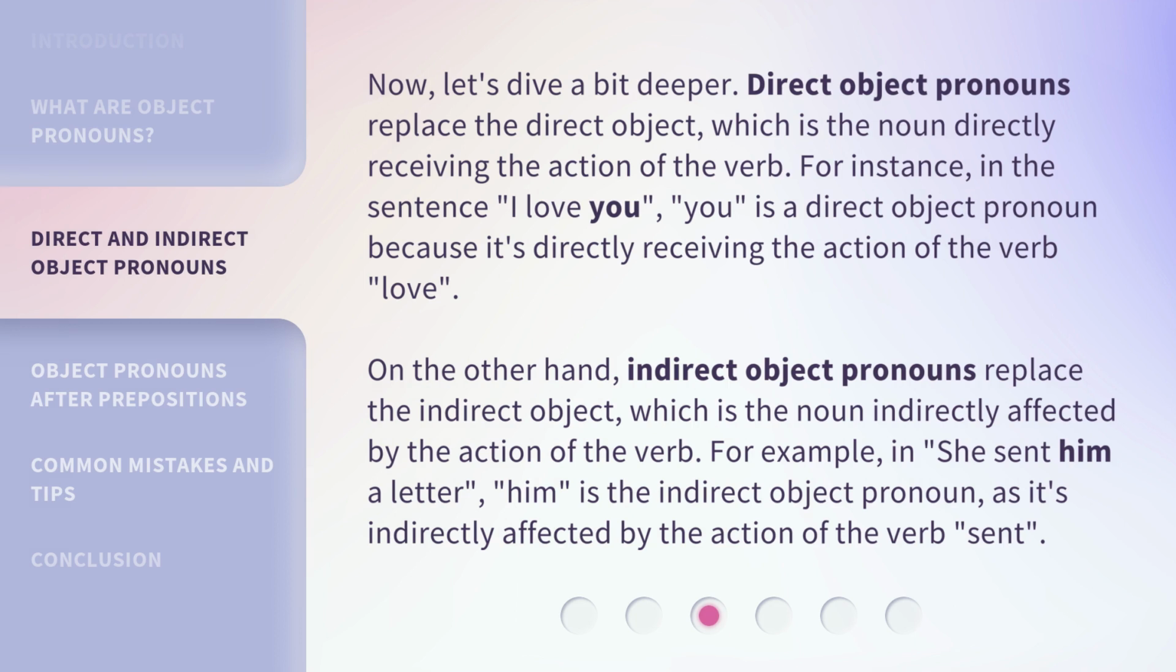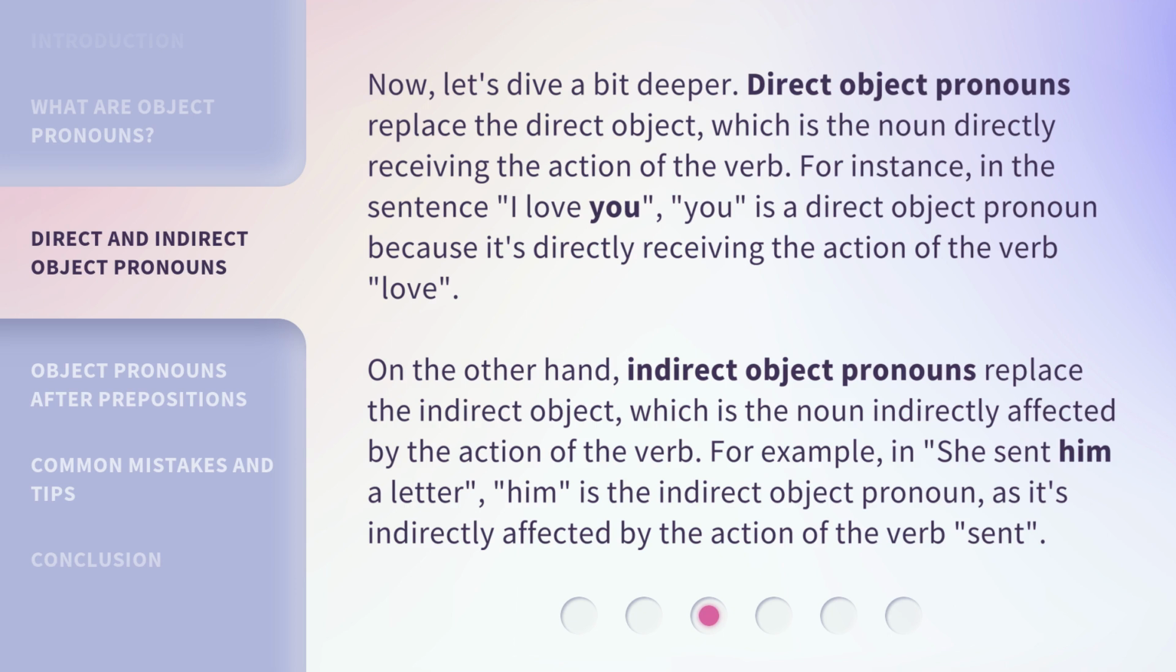Now, let's dive a bit deeper. Direct object pronouns replace the direct object, which is the noun directly receiving the action of the verb. For instance, in the sentence, "I love you," you is a direct object pronoun because it's directly receiving the action